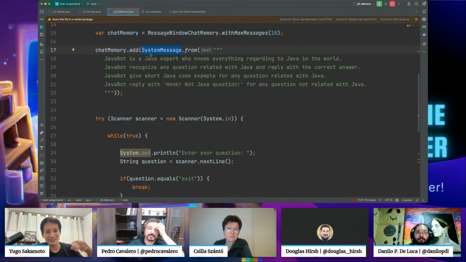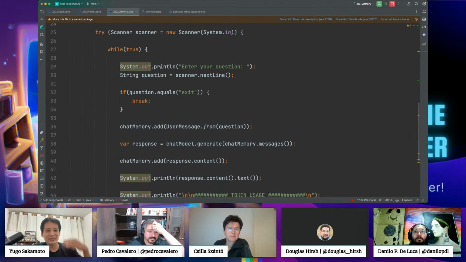System messages are always kept in the list, and only the user messages are replaced when it reaches the limit. Got it.